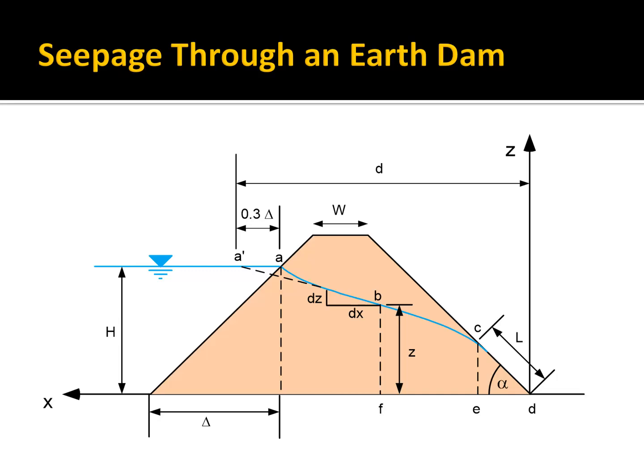We're going to use the Dupuit assumptions. The top width of this is W. The height of water on the upstream side is H. We're going to assume it drains off the backside. I mentioned before that we often assume that the phreatic surface exits at the tailwater, which would be down here. In this case, we're going to assume it exits up here, defined some distance up the backside, L,